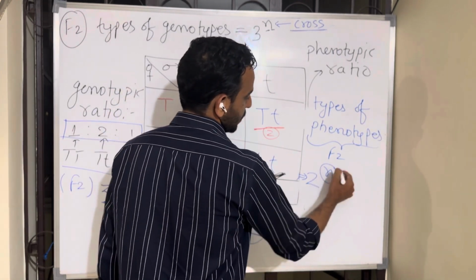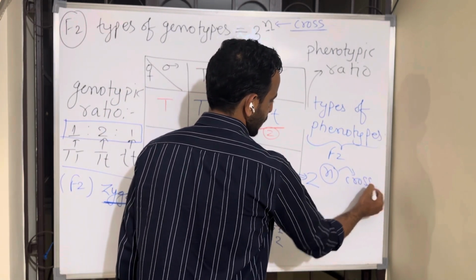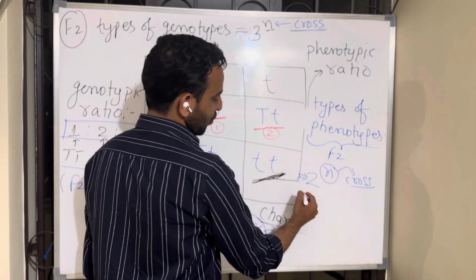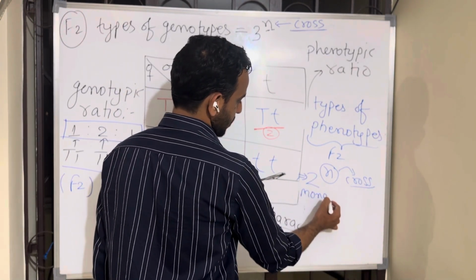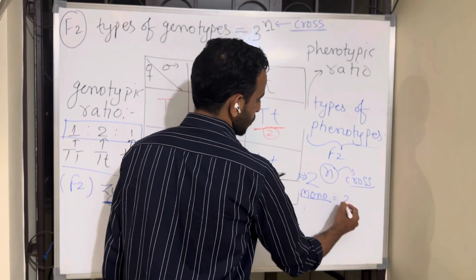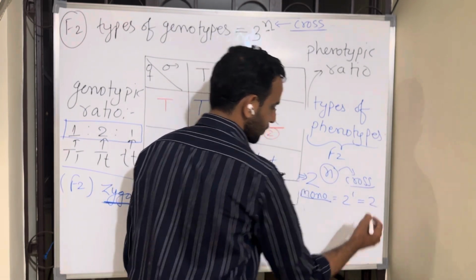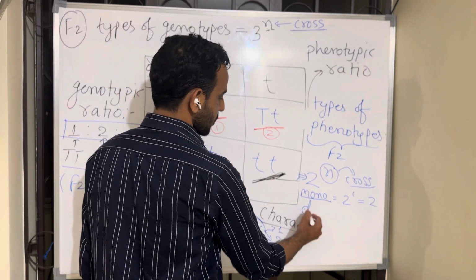And where n again is what? Cross. So if it is monohybrid cross, then what will be there? 2 to the power 1. So how many types of phenotype? 2. If it is dihybrid cross,